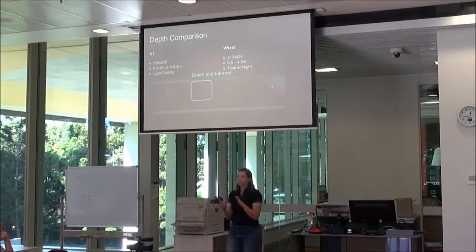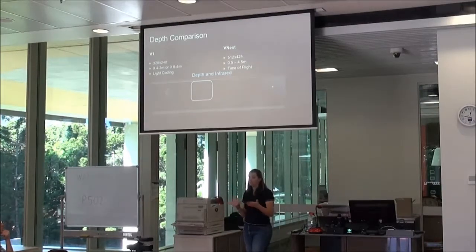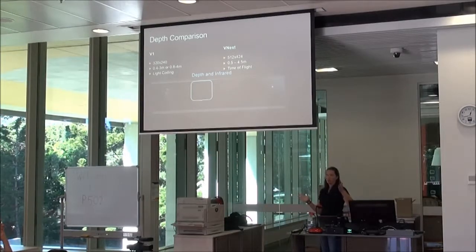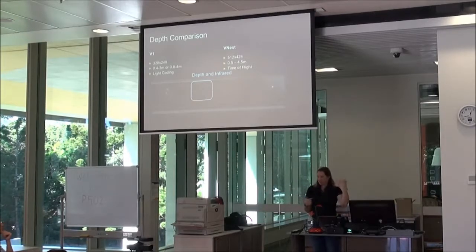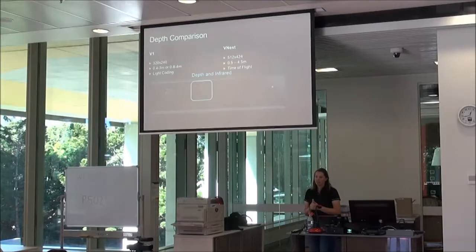So now, because the camera has a much wider field of view, they've got rid of the need for having near mode. So now by default, out of the box, you get from 0.5 all the way out to 4.5 meters. It does actually pick up objects a lot further out, but reliably 4.5 meters is as far as it gets with the